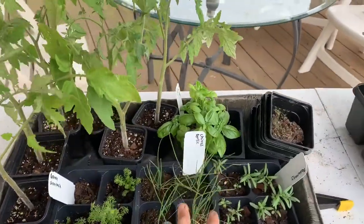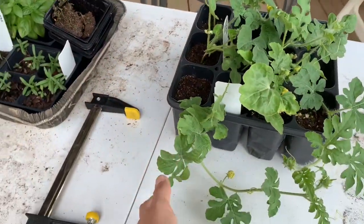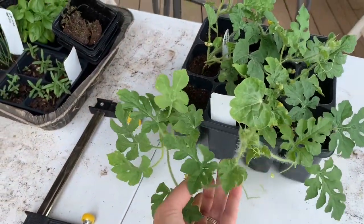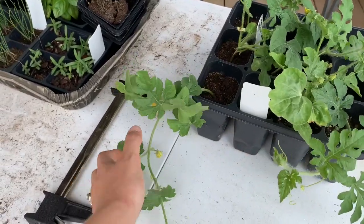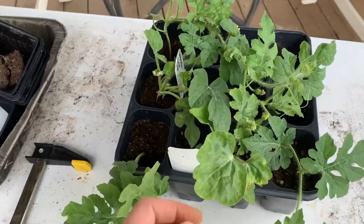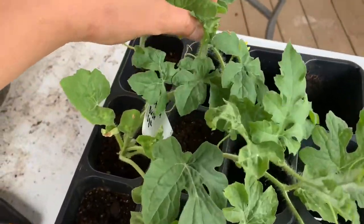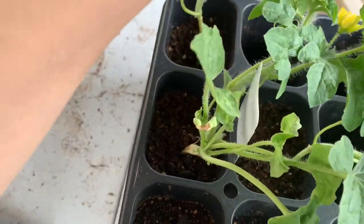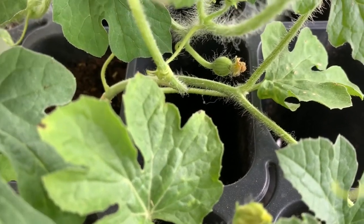I got chives I need to get out, and basil and rosemary, but these bad boys absolutely have to get out. These are sugar babies, bush sugar baby watermelons, and you can see they've got flowers on them. They're already starting to vine, and one of them I noticed is starting to set fruit. Let me see if I can show you guys. There it is. You see my little fruit? See the little watermelon is starting to throw fruit. So these got to get in the ground